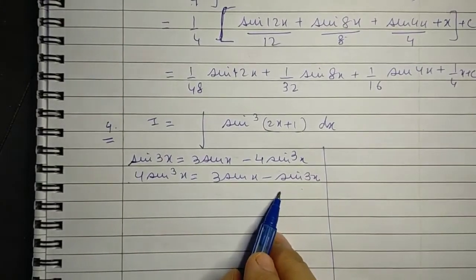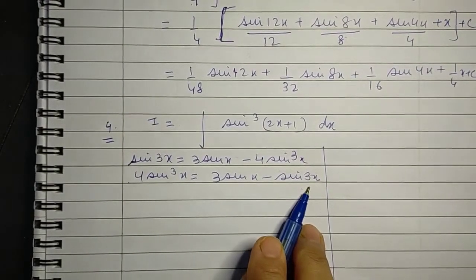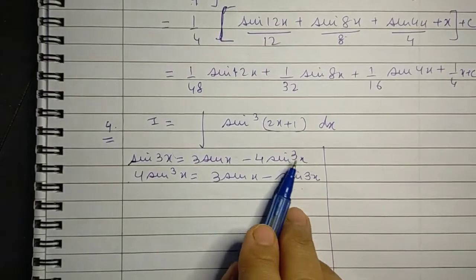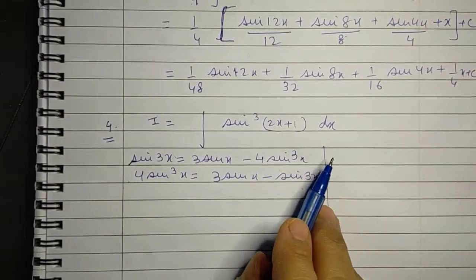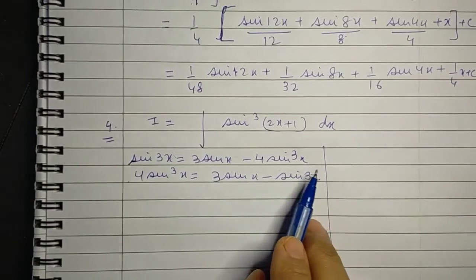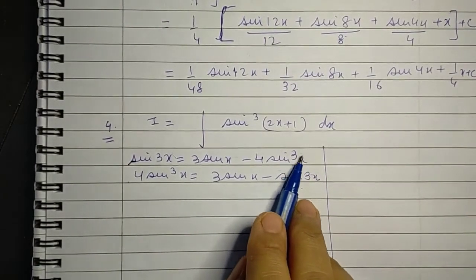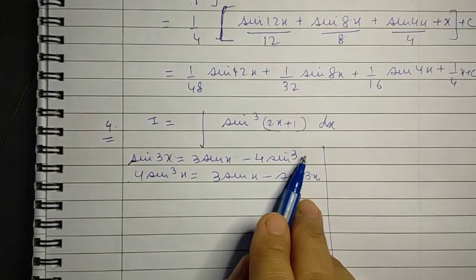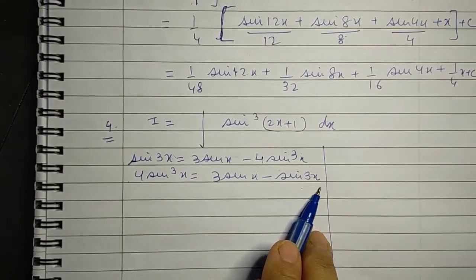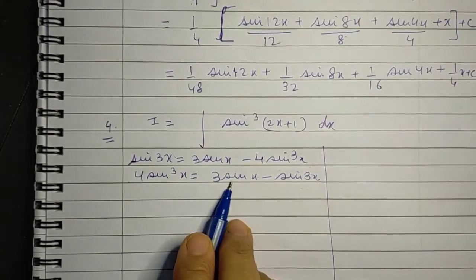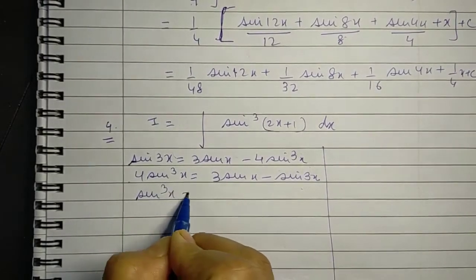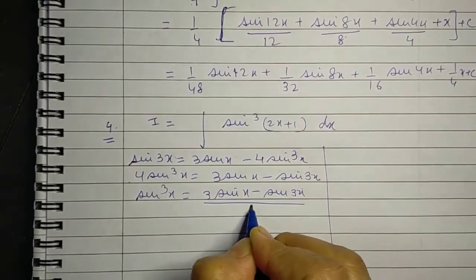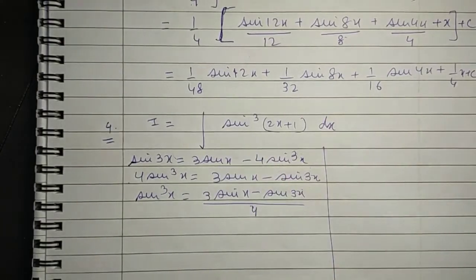We know how to find the integral of sine or cos of multiple angles, but we don't know how to find the integral of sine or cos of cubes or squares or fourth powers, some powers of x. So whenever we have some cube function or square function or fourth power function of some trigonometric function, we have to convert it to multiple of angles. So here sine cube x gets converted to (3 sine x minus sine 3x) upon 4. And now you do the question in a simple manner.